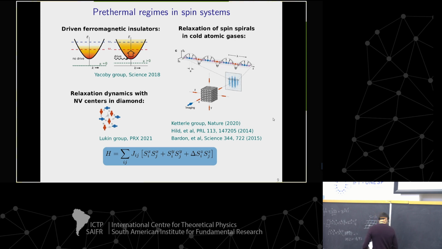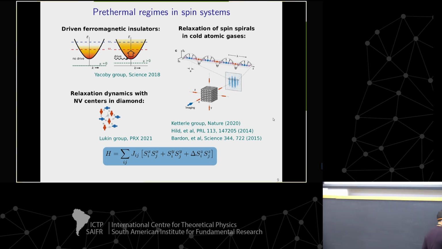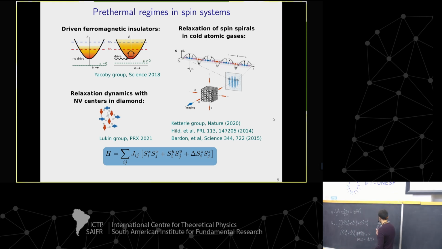So in a very loose sense, imagine that I start from an initial condition where all the spins are up. In simple terms, if I start from a configuration where all spins are up, and let's assume that I randomly flip a couple of spins here and there with a small density. What this Hamiltonian would do in the absence of the ZZ term is these spins would be essentially hopping throughout the lattice. And you can essentially make an analogy with a bosonic model where you have hardcore collisions. You don't allow two spins to be on the same site. So in that sense, this model looks very similar